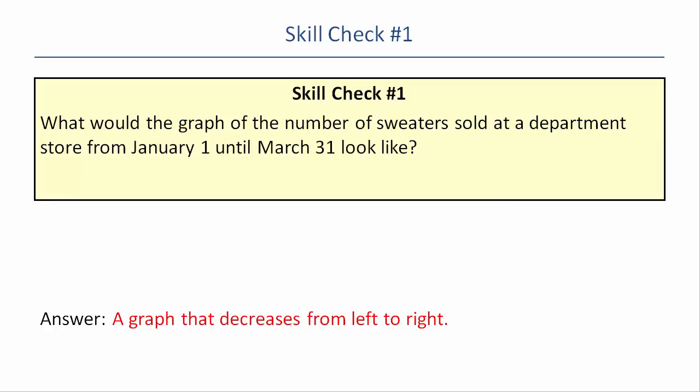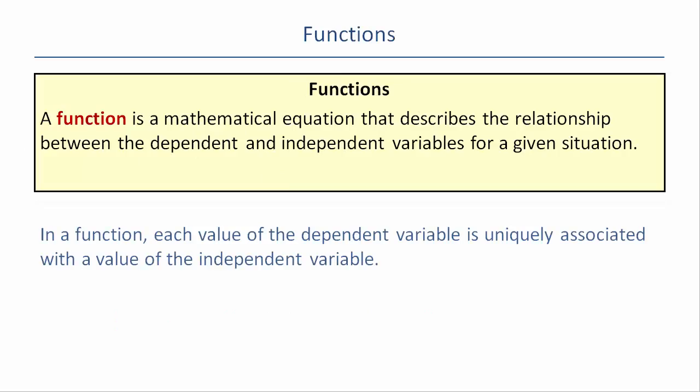So for instance, what would the graph of the number of sweaters sold at a department store from January 1st until March 31st look like? Well, wouldn't you expect it to decrease from left to right? As you move from left to right, the amount sold is going to go down because people are going to buy less and less sweaters as the weather gets warmer. Unless, of course, you're in the southern hemisphere, then that question would kind of reverse. But anyhow,